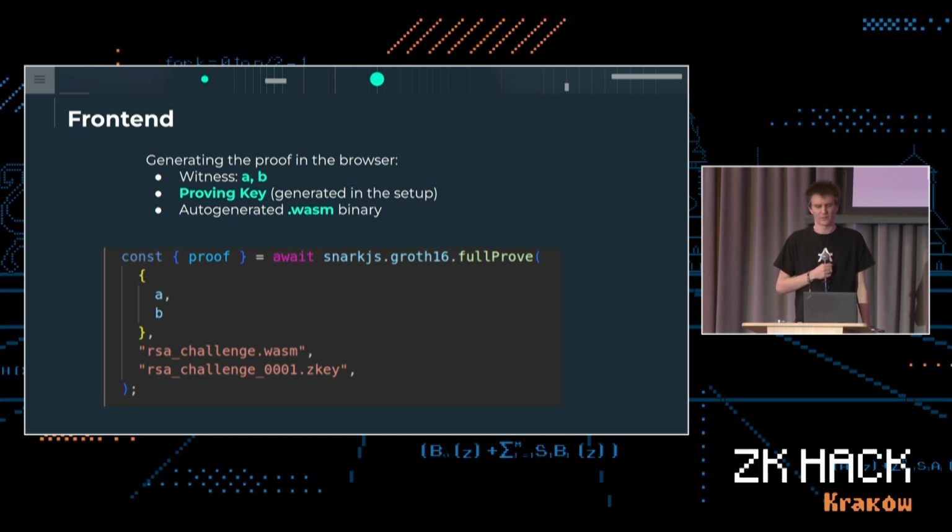The setup for a developer deployment of contracts is not a big deal. You just run some mocked setup and it's fine. For a real deployment in production, the setup is actually a big deal if you use Groth16